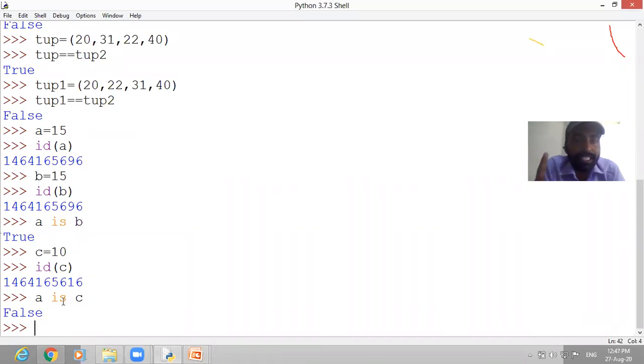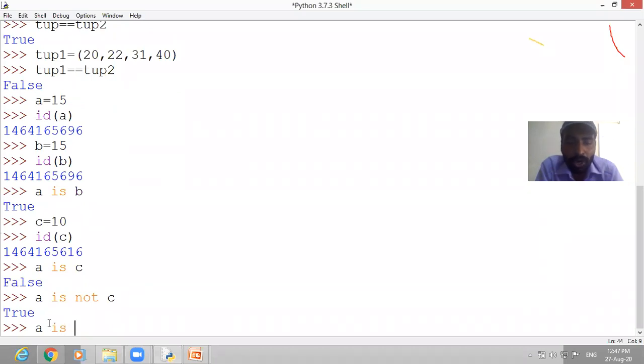So you can say is operator or is not operator tells the identity. It compares the memory address. Now is not. Let us use is not. Is not means it is just opposite. If they are equal, then it will tell false. And if they are not equal, then it will tell true. So let us compare A is not C. What result will you find? True or false? True, because it is not same. But if you compare A is not B, now you'll find false, because they are same.